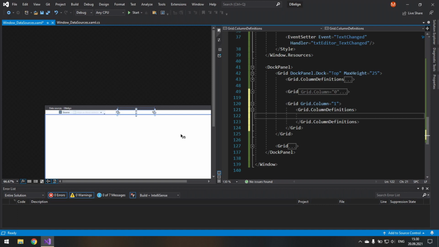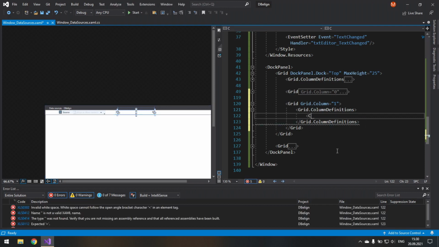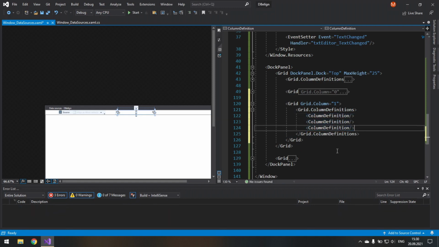The text block will just say by, so align by what, and then we will have a combo box where we will select what kind of alignment we want, so by paragraphs, by sentences, or by words. So create a column definition here, here, and here, and the central one is going to be a text block, so make its width auto.